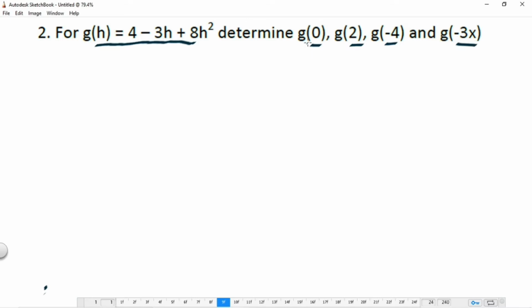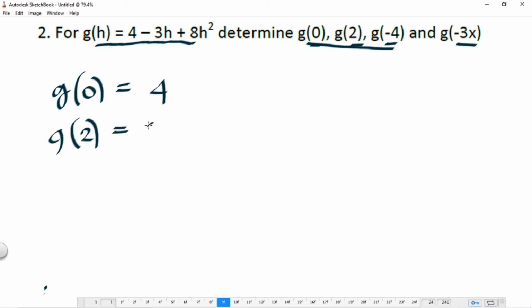For the first 3 parts of this problem, I will just write down the answers because the solutions have the same process with sample problem number 1. For your g of 0 is equal to 4, g of 2 is equal to positive 30, and g of negative 4 is equal to